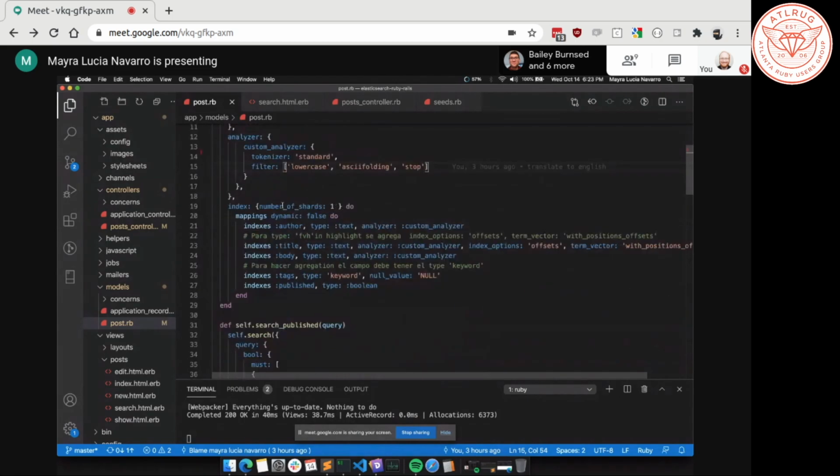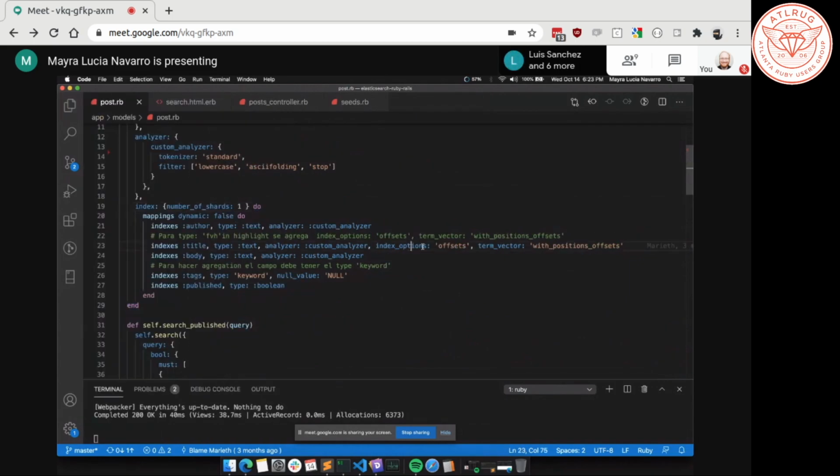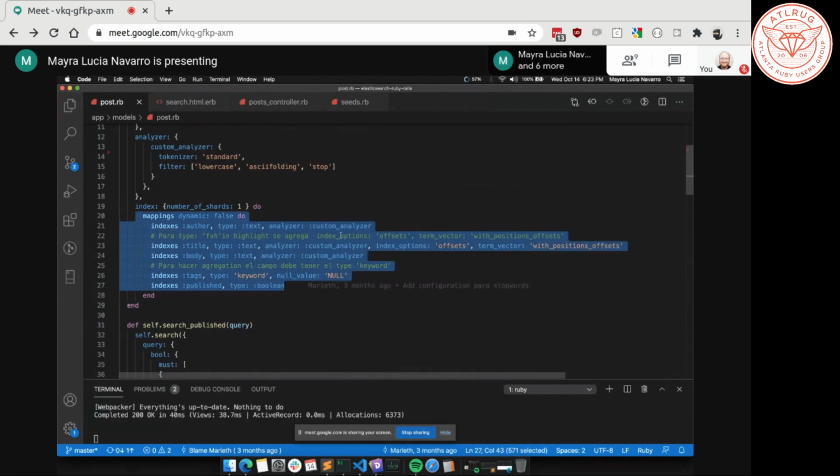In this example, we have just one shard. Why one? Because this is a small example. And here we have the mapping, what I was talking about before, that instead of a schema, what Elasticsearch uses is just mapping. That is how you decide how your data is going to be called, or how it's going to be defined. Because if you don't give this, Elasticsearch is going to define them by itself.